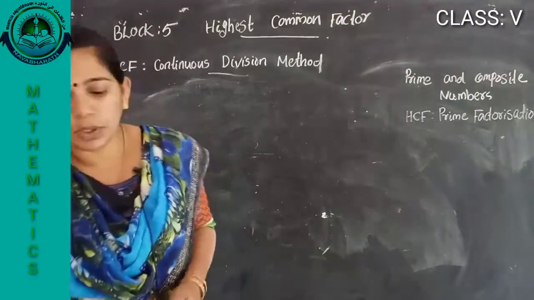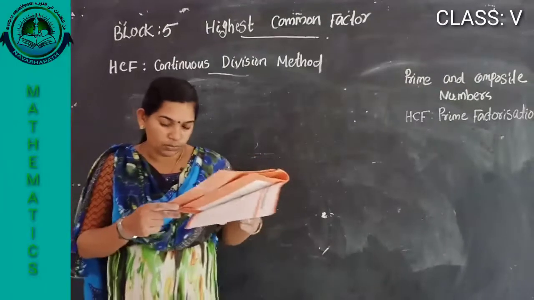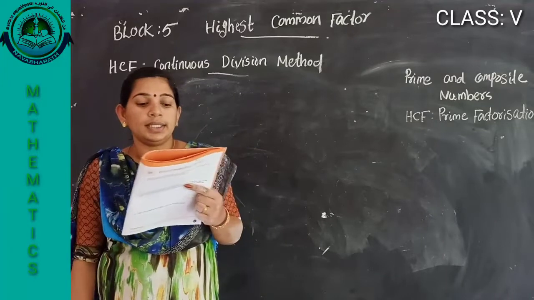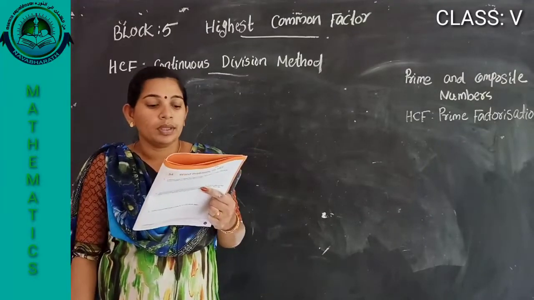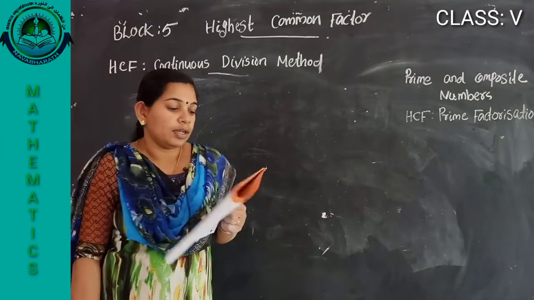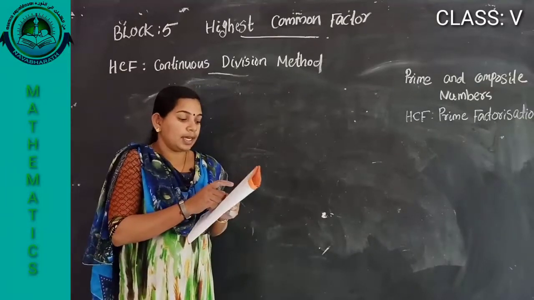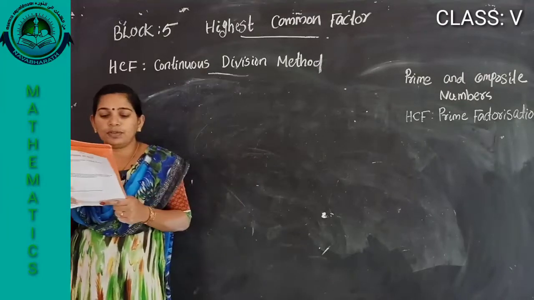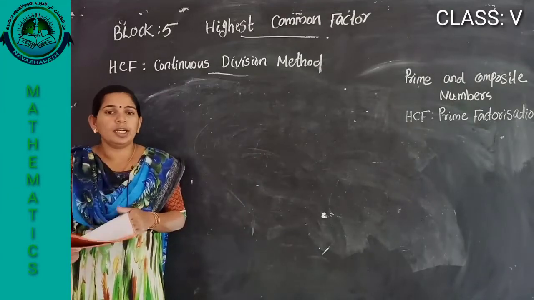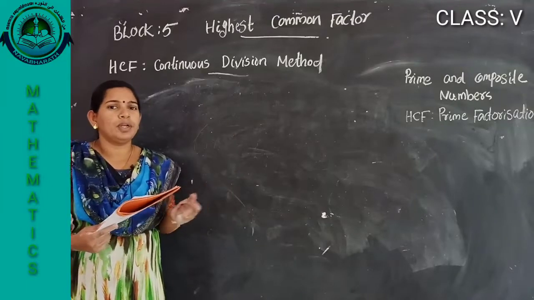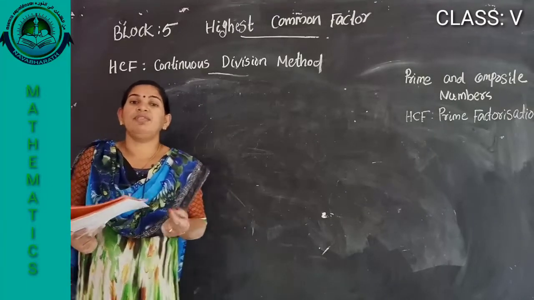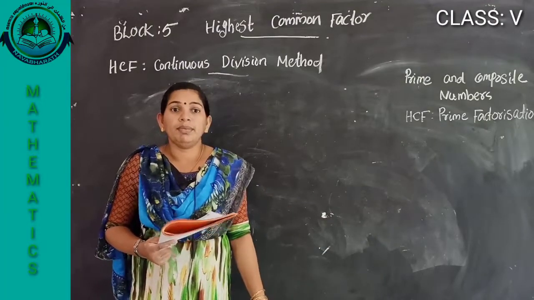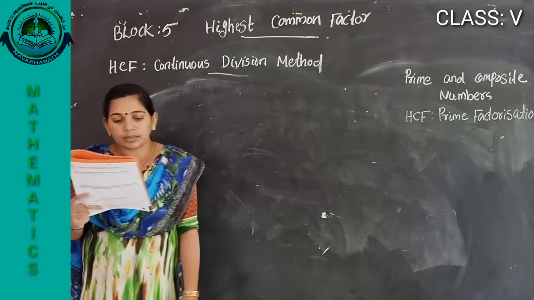Then from your textbook, sorry, workbook, page number 24. List all the factors of 21 and 33. Find their highest common factor. Write all the factors of 21, then 33. Common factors, highest common factors. Okay. Then find the HCF using the continuous division method. First we are doing one method that you follow. Anyone who has difficulty finding that can use the second. Okay. But mainly we are using the first method.